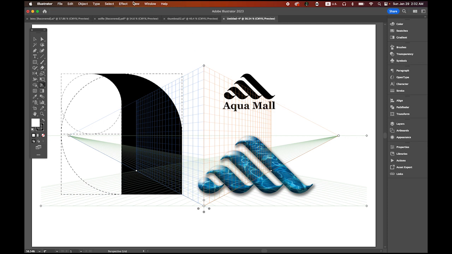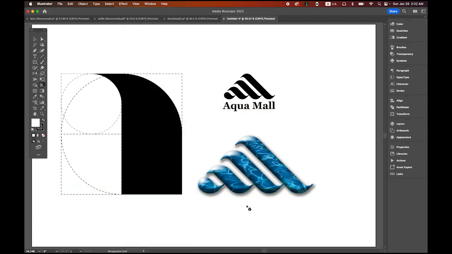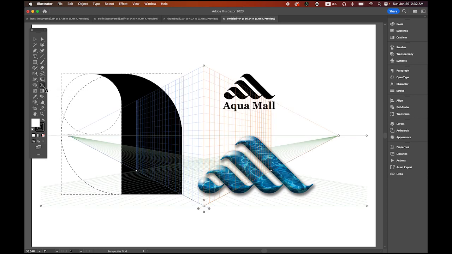You can go to the View menu and Perspective Grid, and you can hide grid, and it's gone. It's pretty simple. Another way is, let me say that I clicked on this button and the grid line shows up. Then to get rid of it,